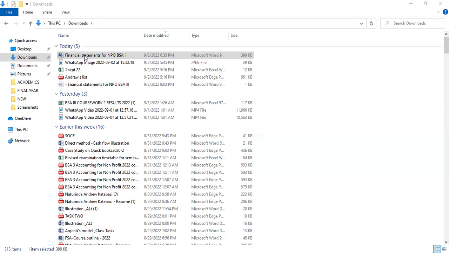And then we'll go to accounting methods. The accounting methods are mainly three, if you remember. We have the cash basis, where we only record transactions where there's a receipt or payment of money only. Then the second one is